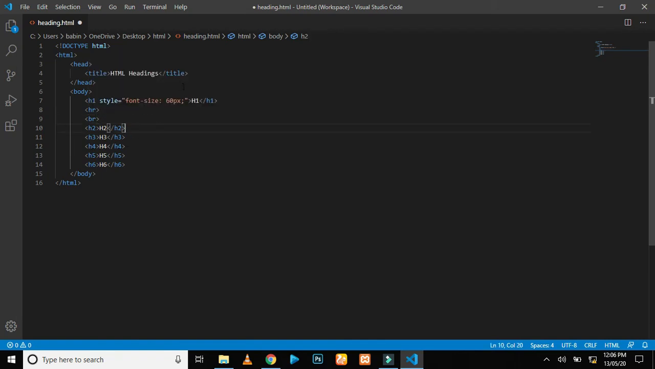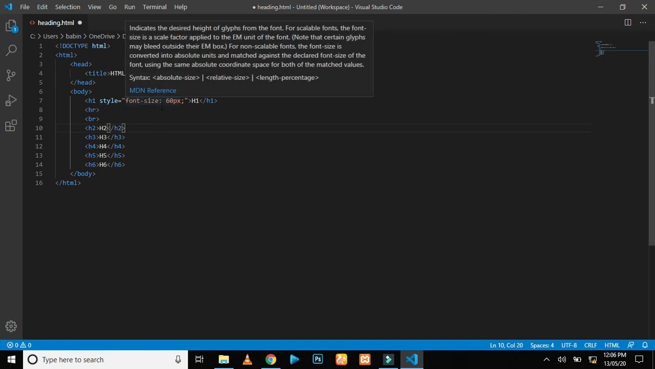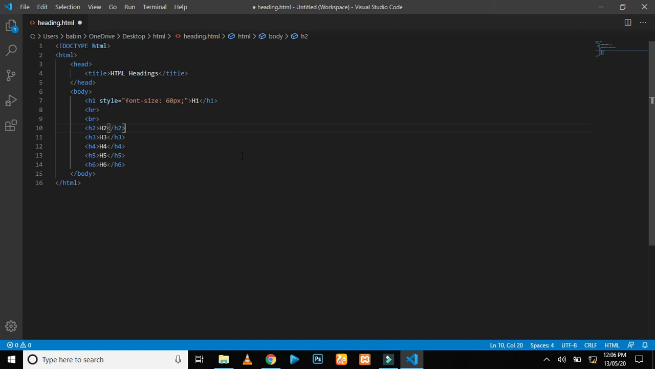So guys, that's basically all on HTML headings. H1, H2, H3, H4, H5, H6 are the only available headings in HTML. And you can make your headings bigger by giving them an attribute of style, a property of font size, then a value of 60 or whatever value